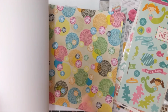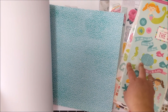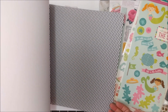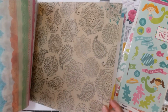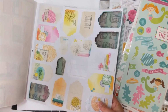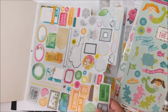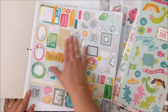I think it was based on an Amy Tangerine paper pad, and that's why I pulled out lots of her stuff, because I think that they will end up working together. So it comes with some vellum, some cameras. These are tags that you can punch out. And then some stickers. So all together, when you look at the whole color palette, it's quite bright,